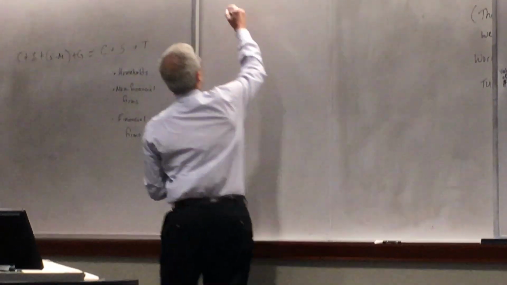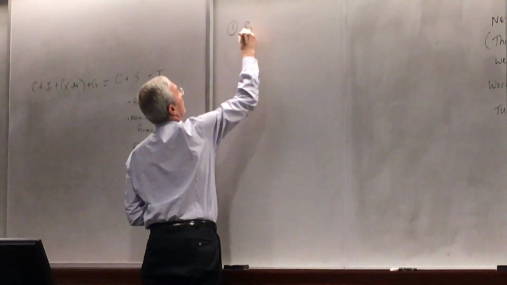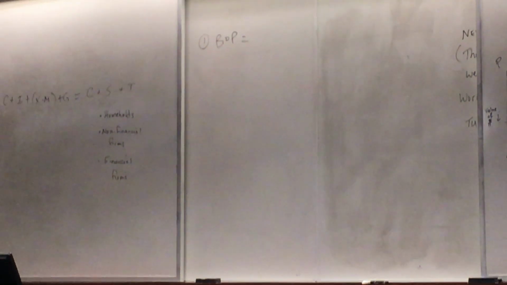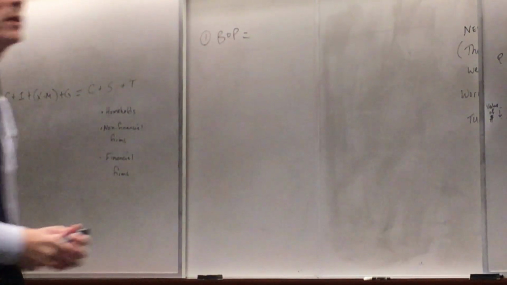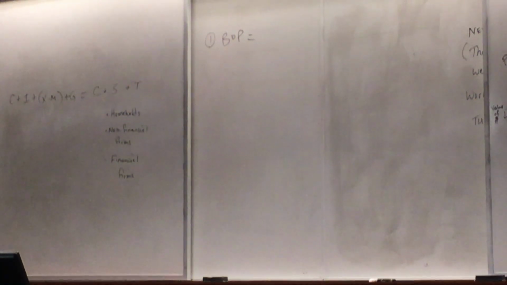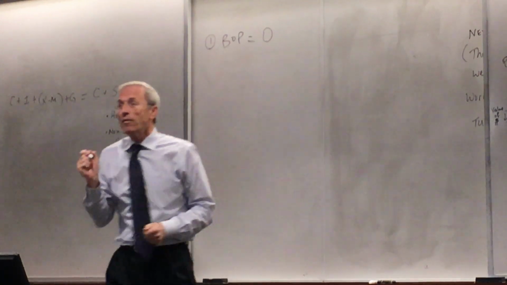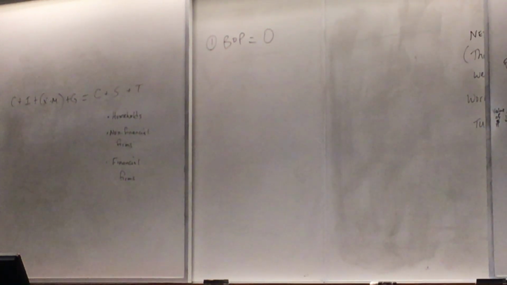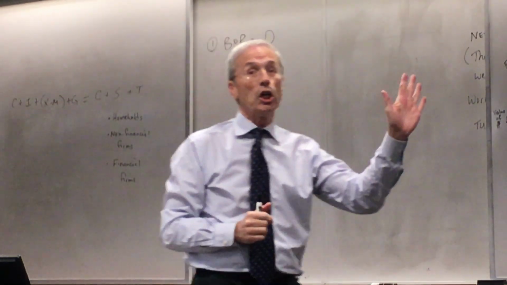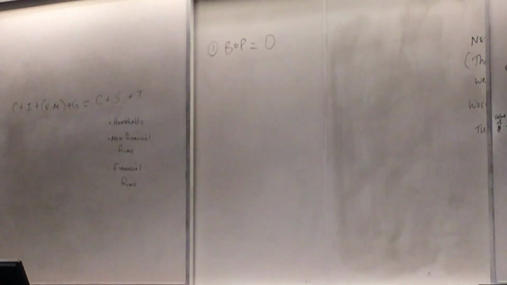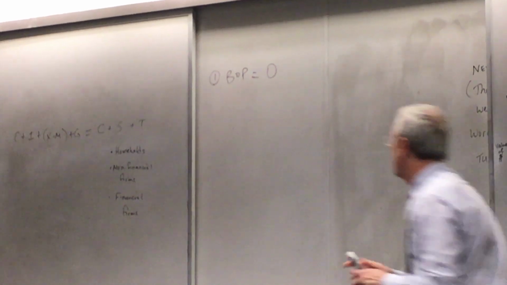Okay? The starting point, the triple balance, is the balance of payments. What's the balance of payments for Paraguay? Quick, what's the balance of payments? Zero. What's the balance of payments for the United States? Zero. Balance of payments for any place is zero. That's what you mean by balance of payments. The balance of payments is the record of international transactions of goods and services and of money, of X minus M and of capital flows.